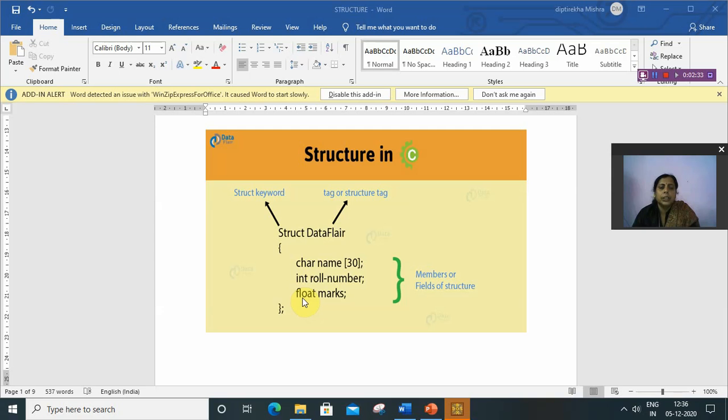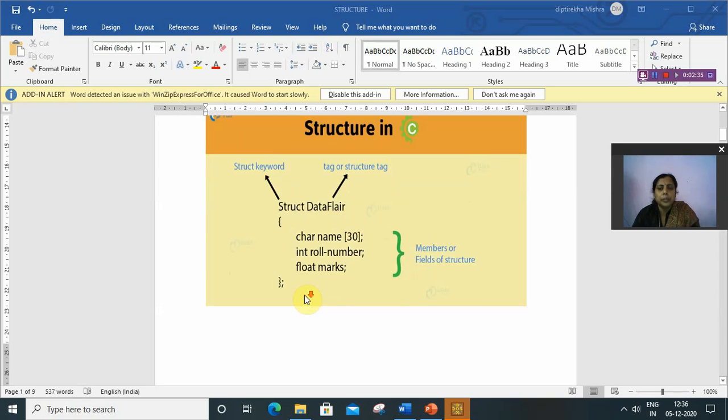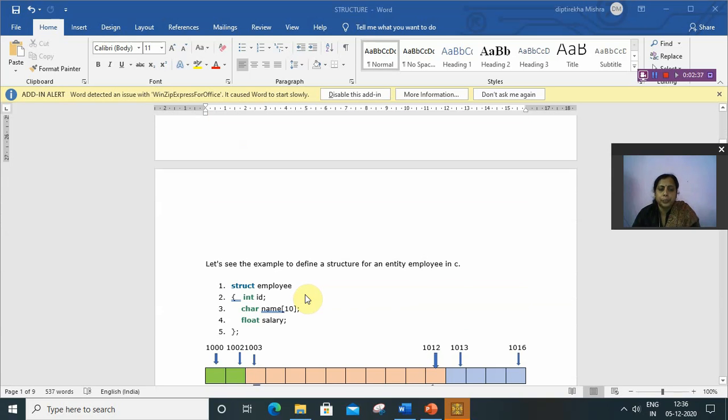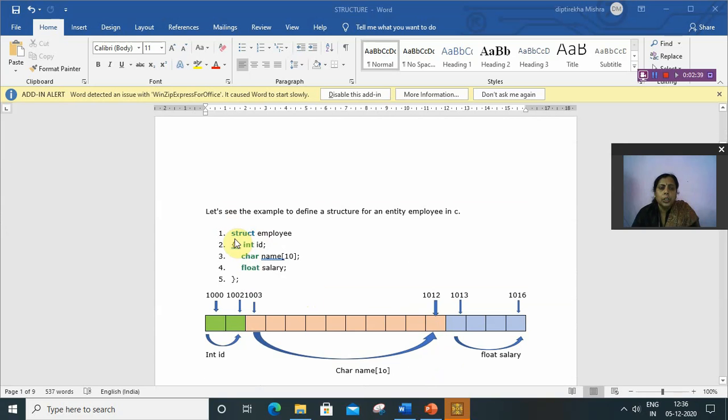Then next, how it is represented in memory. This is an example of struct employee, then int id, char name[10] and float salary. In this case we are assuming that int id is 2 bytes, means from 1000 to 1002. These 2 bytes are required to store int id.